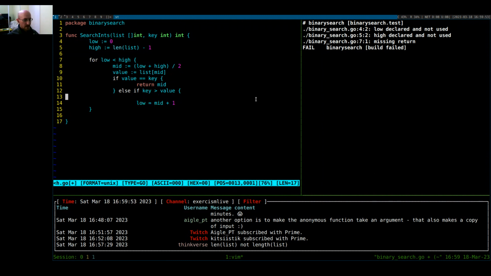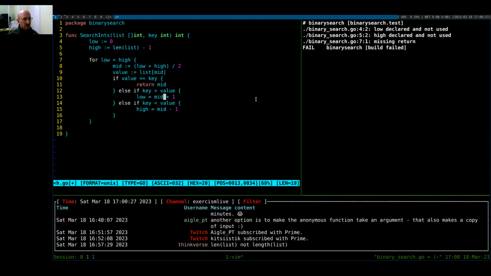And then conversely, on the other side, if the key is less than the value that we guessed, we need to move down. So we're going to take the high end and reduce it. I'm not going to throw in a -1 here. Probably could. I think this might break, but we'll give that a go. So this should continuously change our low and high and shrink our search space every time we loop until we eventually